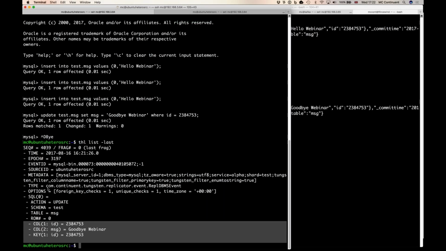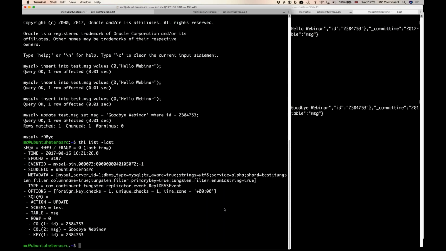This is a MySQL source. The same is true for Oracle. We get almost exactly the same output as we do for Oracle. What we don't do at the moment, and what we haven't decided exactly how we're going to handle this, is